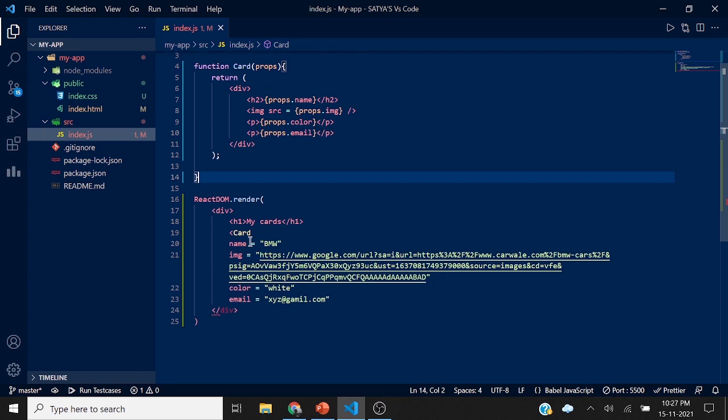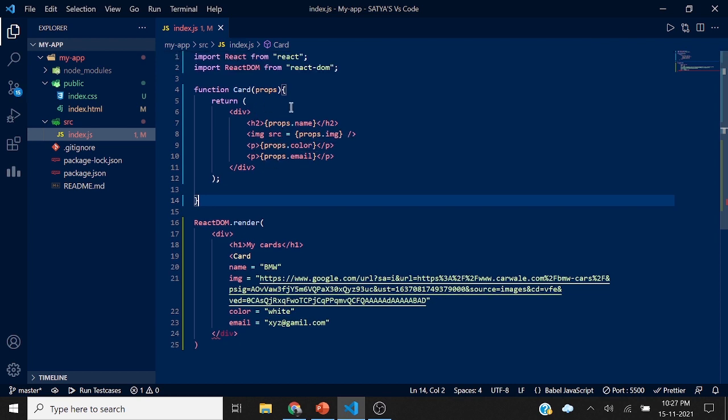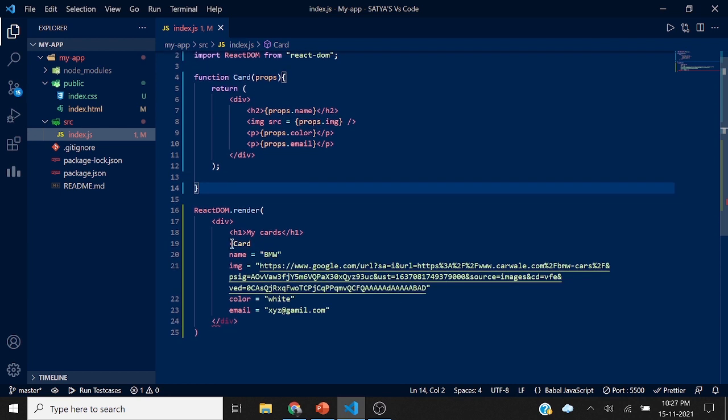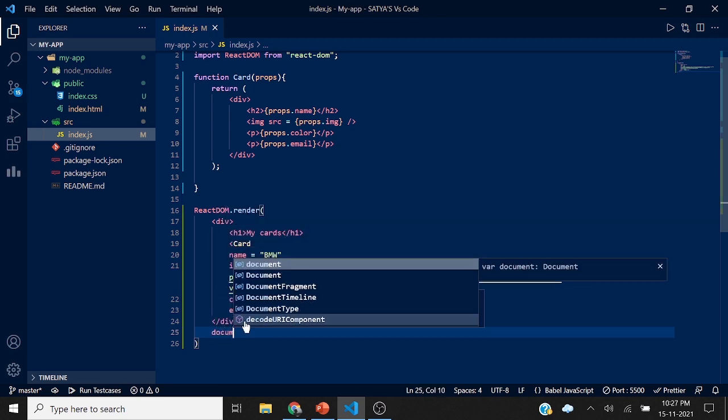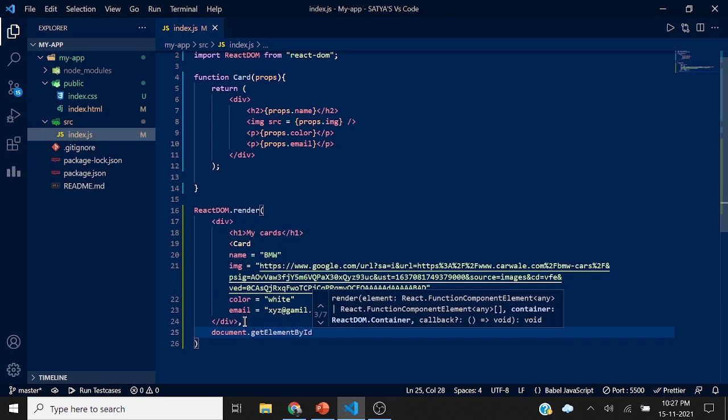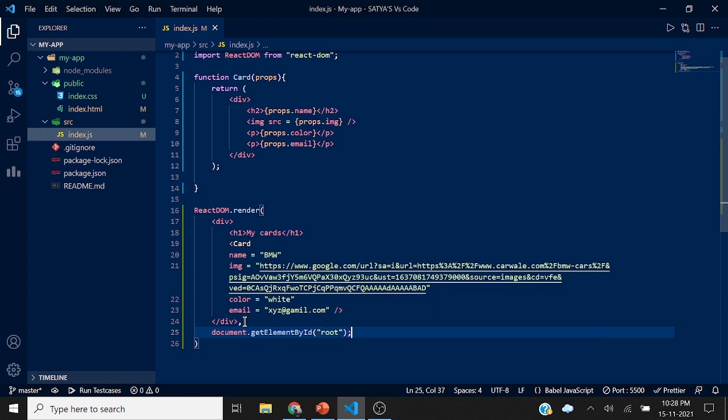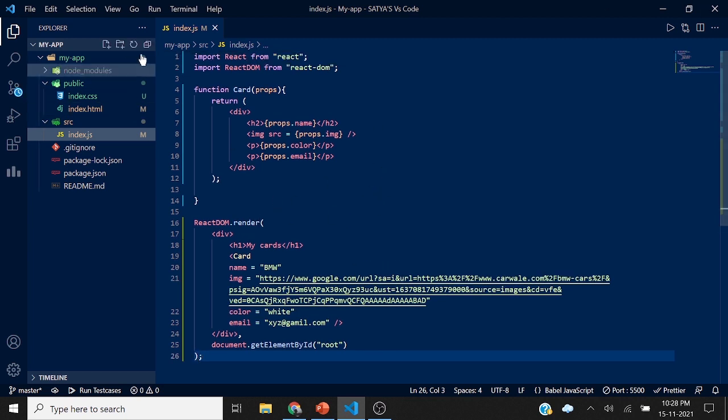Now if you see, we have created our props, or property, with the component, and here we can create as many cards as we want. We'll get the div here, so we need to close this. Now we have shown what to show. Now we have to write the code for where to print. Where to print is document.getElementById, in the root place, right? Now it's completed. We need to give this comma here. So now it's completed. Now let's run it.